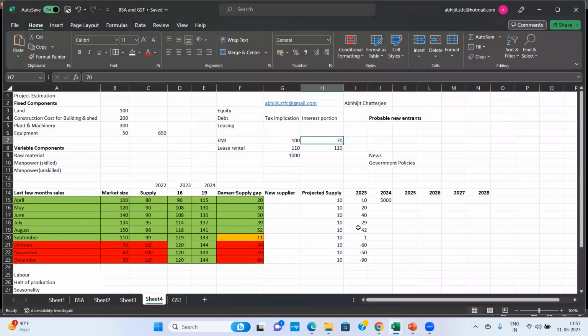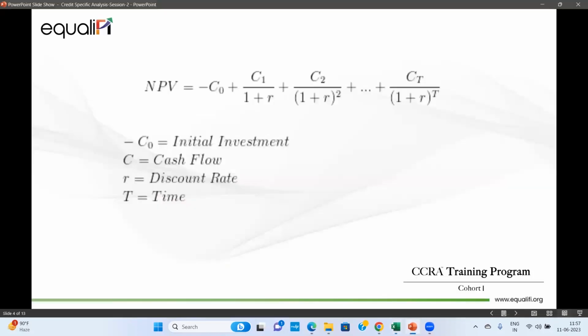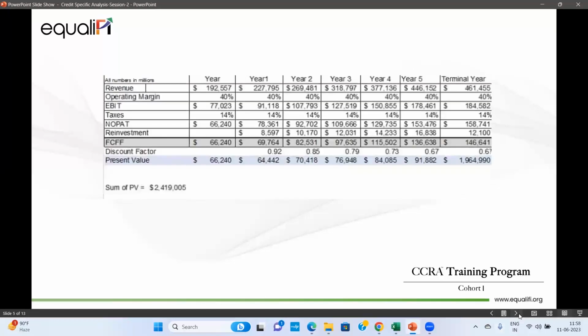So this is one consulting service you can give. Second thing is that, as a consultant, you can work and find out how you can reduce the expenses so that your cash flow goes up. So this is about NPV. This is a typical method by which present value is calculated on a year-on-year basis, and you get the terminal value and find out the present value of the investment.